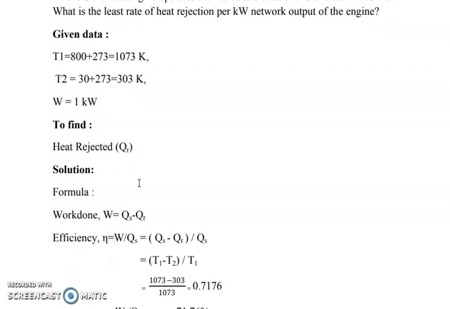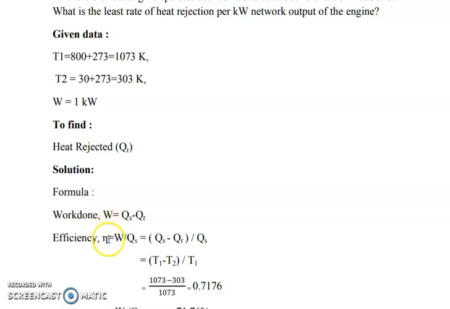Generally, in heat engines, the heat is supplied from a source at high temperature. From the supplied heat, some amount of heat energy is converted into work, and the remaining amount of energy goes as waste. That is, some amount of energy is rejected from the heat engine. Okay, so work done means the difference of heat supplied to the engine and the heat rejected from the engine. The difference is the work output of the heat engine.